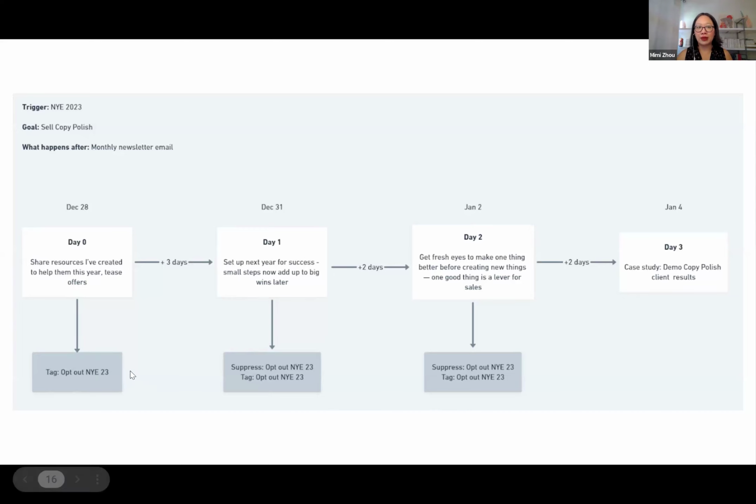And that sets up a little tag in my email service provider so that when I suppress that tag, the people who have opted out don't get my sales emails, and I am more likely to retain them on my list. They're not just going to unsubscribe because they're not getting spam that they don't want.